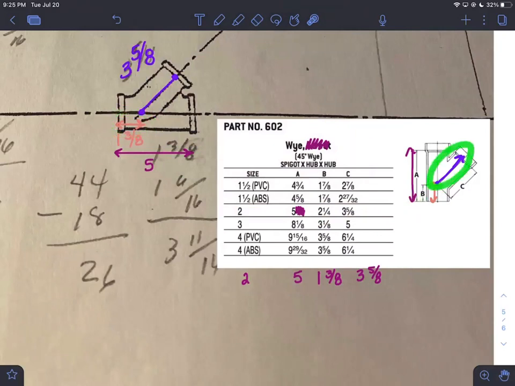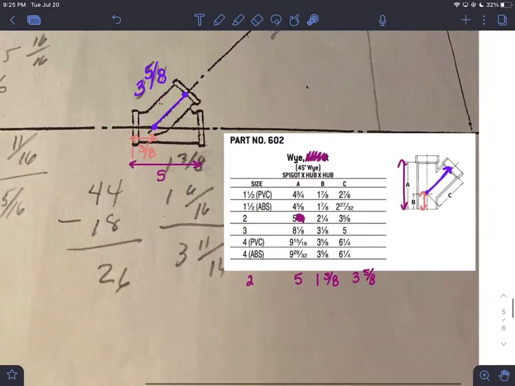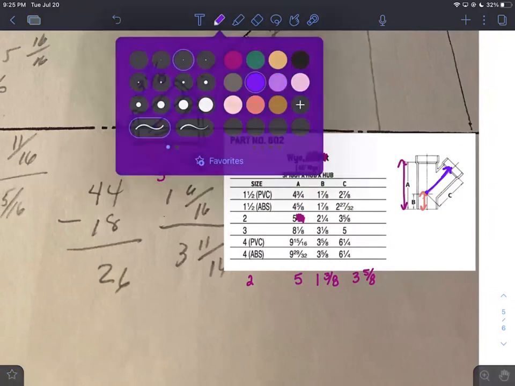And then this is still 3 5/8. Okay. The other thing is it does tell you that this is a 45-degree fitting. So this right here is 45 degrees. Well, we now know that in a 45-degree